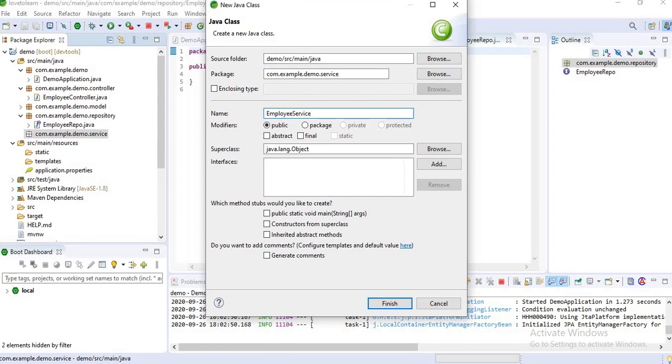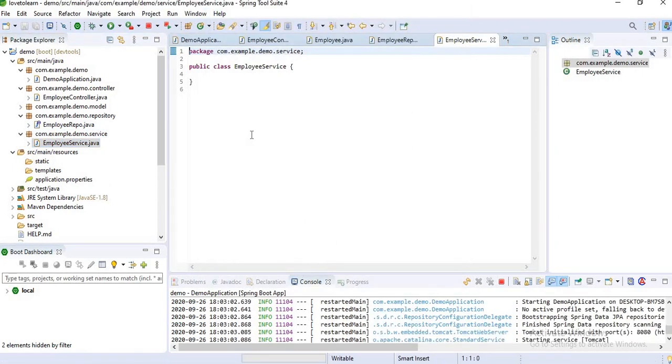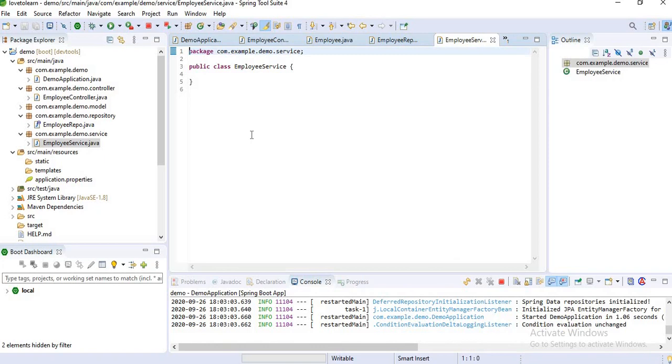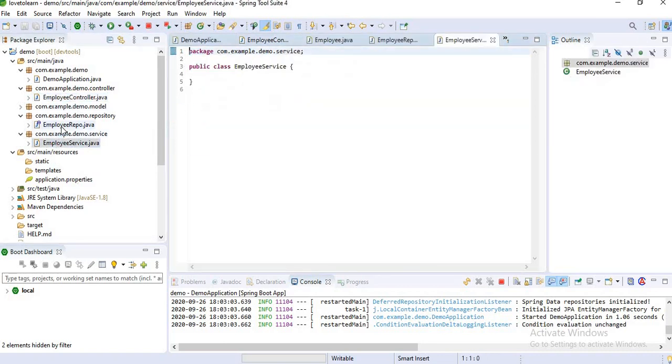Normally you guys know the flow. Data comes from view, it goes to controller. From controller it goes to service, and from service it goes to repository interface. From repository interface it sends the data to our tables. Okay, and first of all, let's extend our interface to JPA repository.